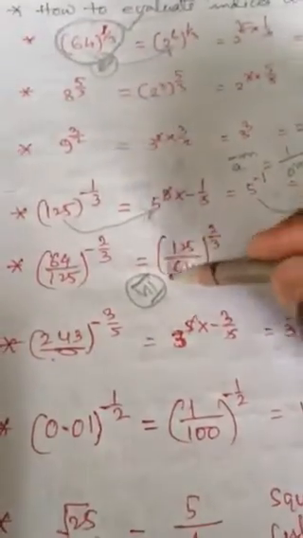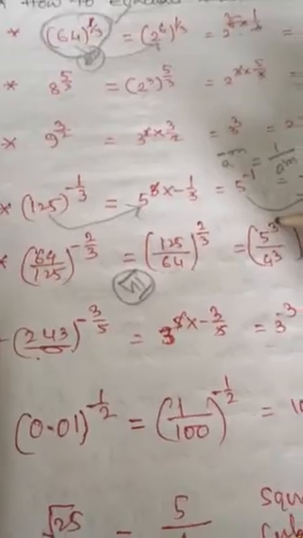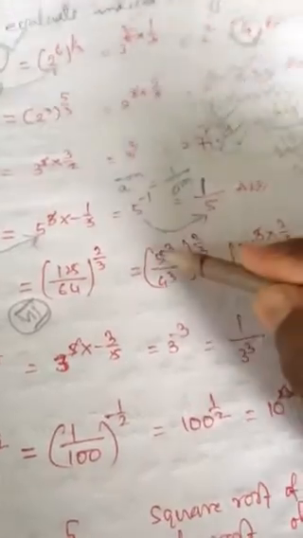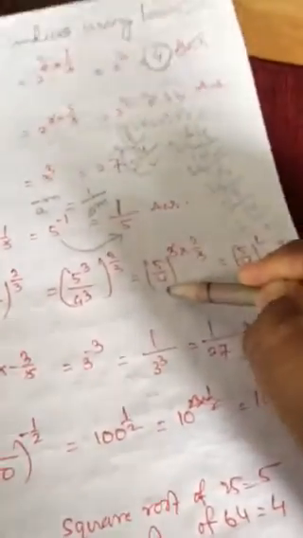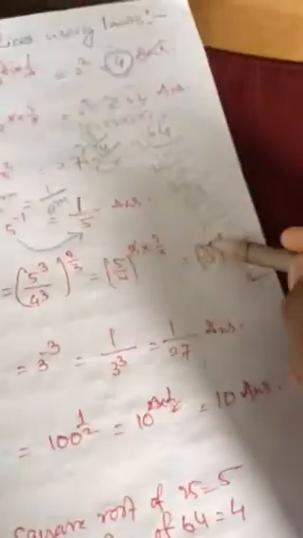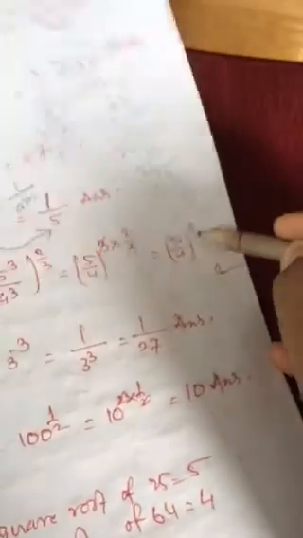Now 125 by 64, you have to write the index form. The index form of 125 is 5 to the power 3, the index form of 64 is 4 to the power 3. So 5 by 4 to the power 3. Power is the same, so you can write one power, 5 by 4 to the power 3. Already 2 by 3 is given, 3 3 cancel. 5 by 4 to the power 2, that is 5 to the